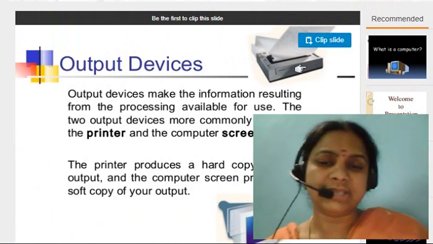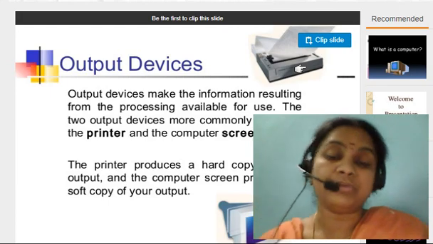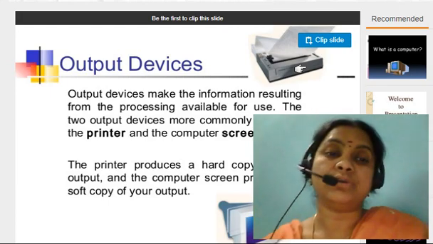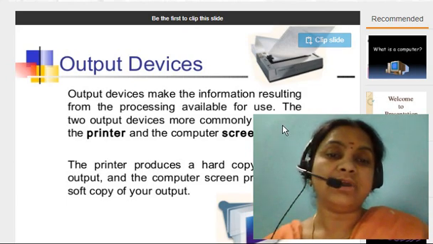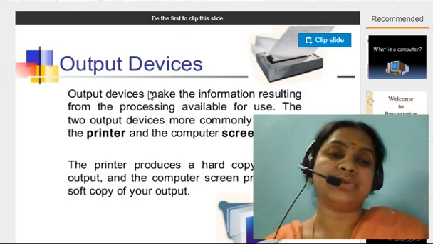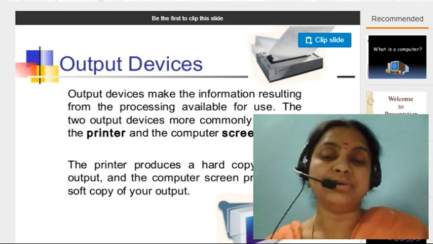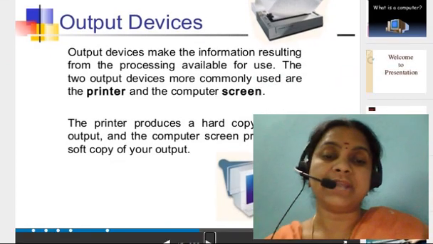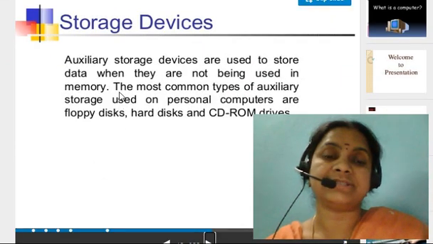How are we seeing the screen? This is output. We get a result, and that result is known as the output device. A printer or the screen of the computer is known as an output device. It shows the result, it shows the output. That is known as an output device.